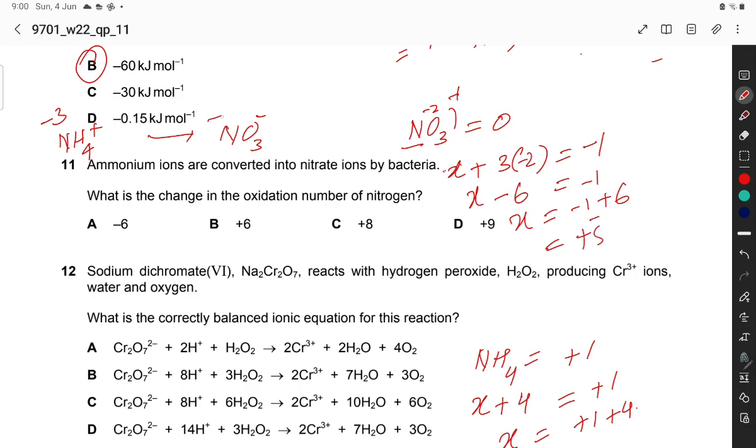So nitrogen is plus 5. The change in oxidation state, minus 3 to plus 5. Minus 3 then come to the 0, difference is 3 and then 5. So 3 plus 5 is equal to